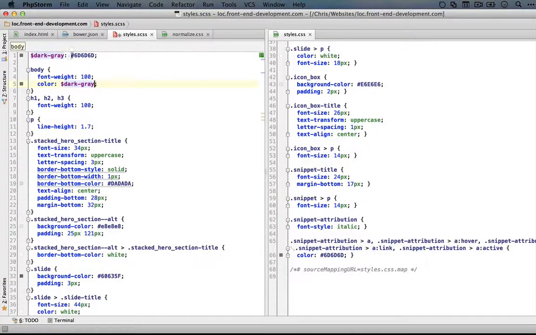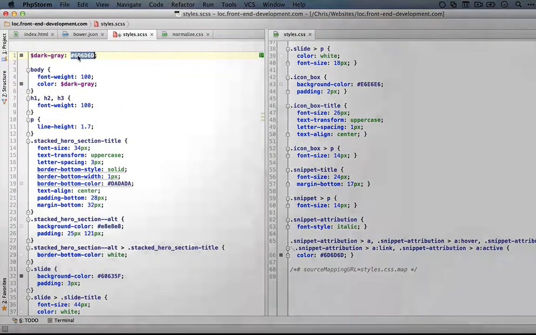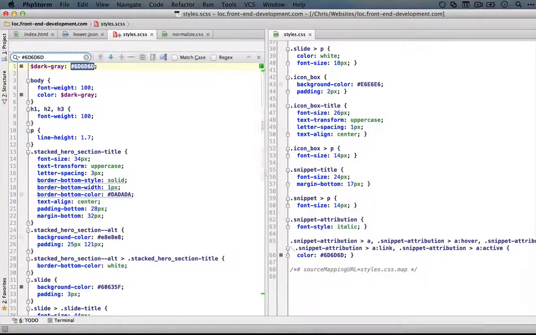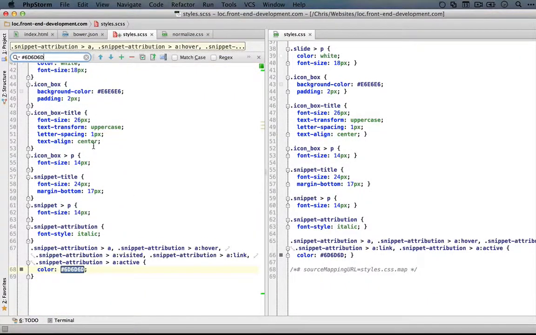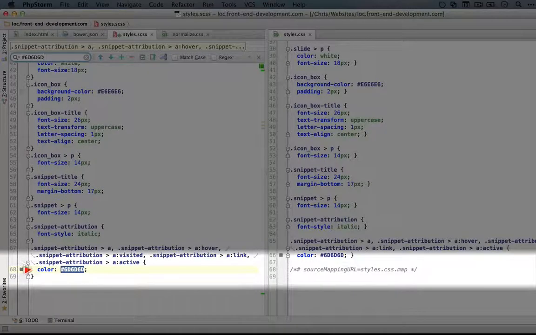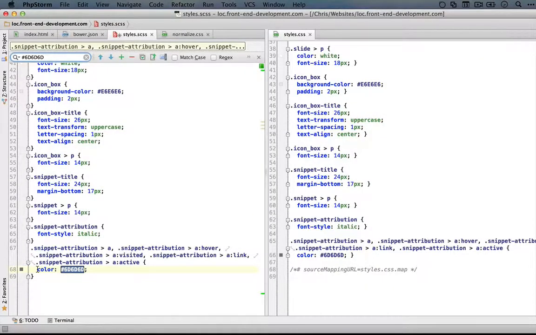And then let's do a search in our CSS for this color to see where else it's being used. So here's the first place. I'm going to press Ctrl G to go to the next instance, and here's the second instance. Now it's possible that we could be using the same color in multiple places in our CSS, but be using them for multiple reasons, and therefore not want to use the same variable for both places.